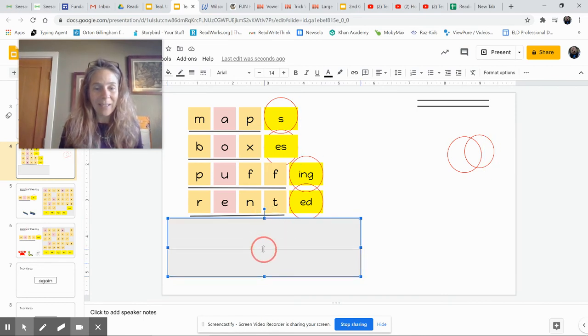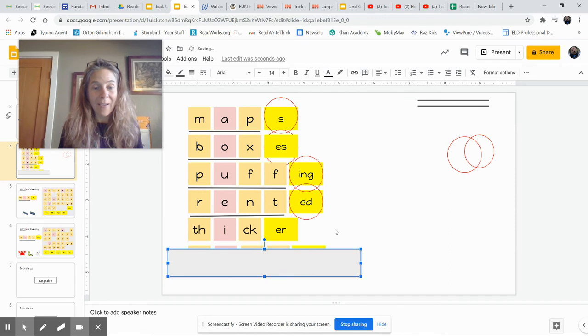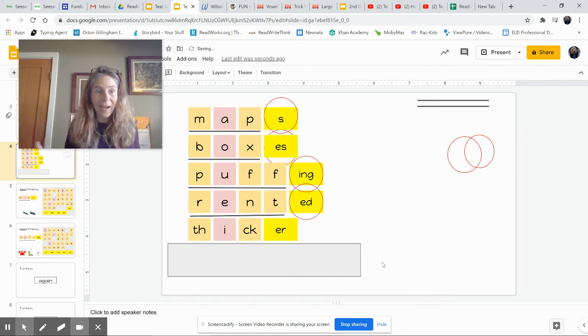And then we've got this one. Ooh, okay. So let's tap out our base word. I see 2 digraphs in this base word. But remember, they're only on one card, so they just get 1 tap. So even though this word has 1, 2, 3, 4, 5 letters in the base word, it's only going to get 3 taps because I only have 3 cards. So let's tap it out. Thick,